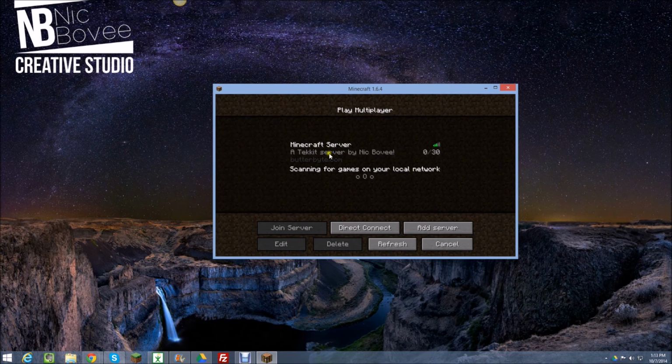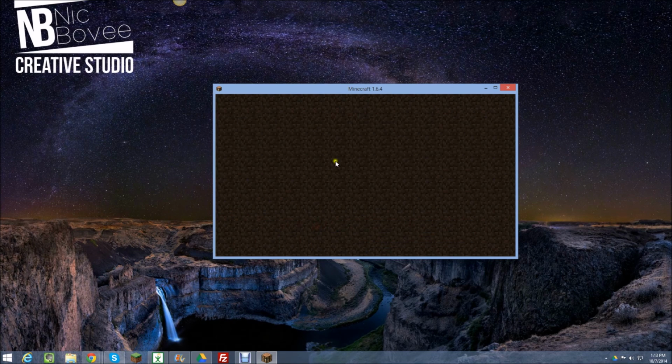And once you click on multiplayer, you'll see the butterbyte.com Minecraft server. You can go ahead and click on that, join it, and with any luck, we should be able to get in and do what we want to within the server. So I hope that just about sums up everything that needs to be said about installing mods for the use